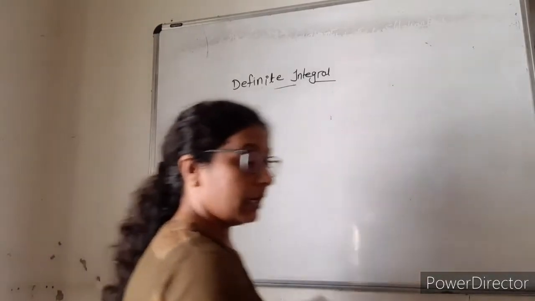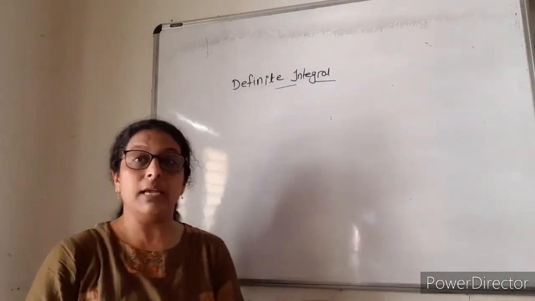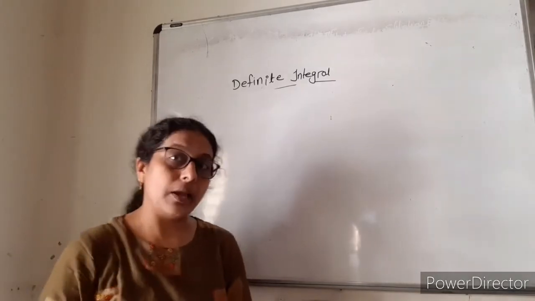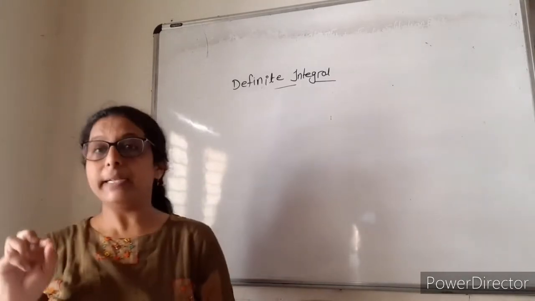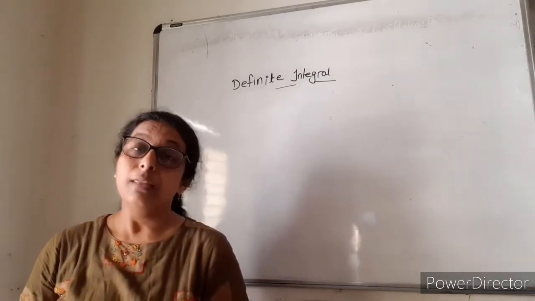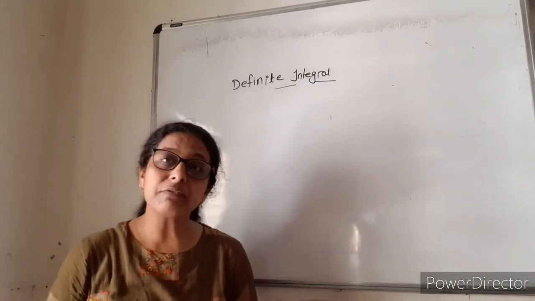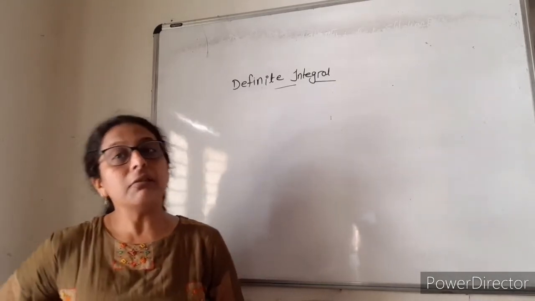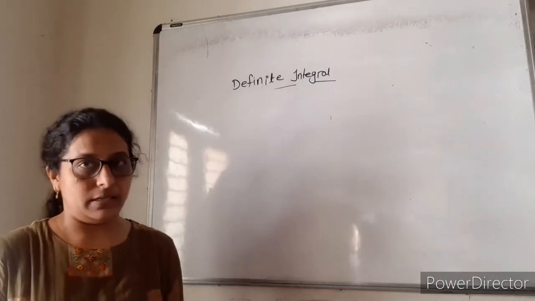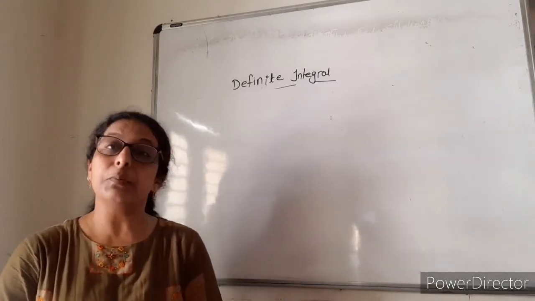Now here, before exercise 7.9 we will start, there is one more exercise, that is 7.8. But in the reduced syllabus, that limit of the sum method of definite integral is going to be reduced. That means it is cut in the reduced syllabus. If we have enough time at last, then we can do it. But right now it is not necessary to do it. So omit that exercise 7.8.